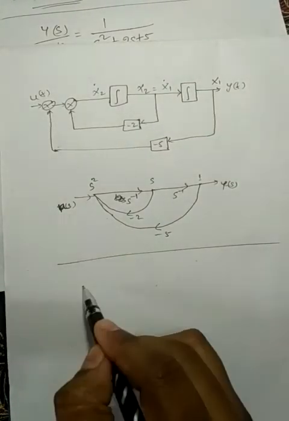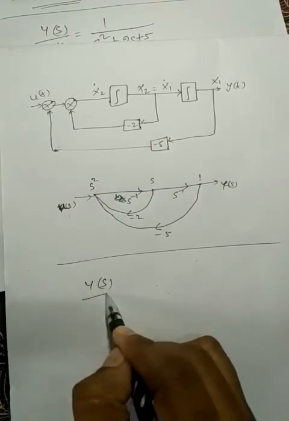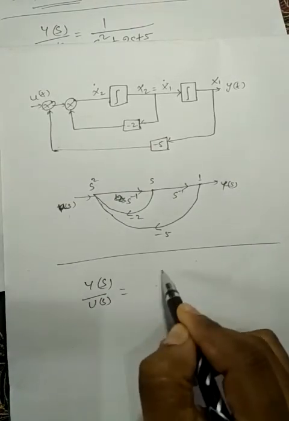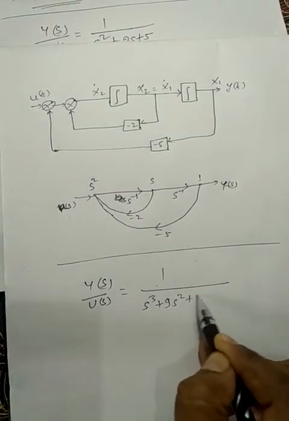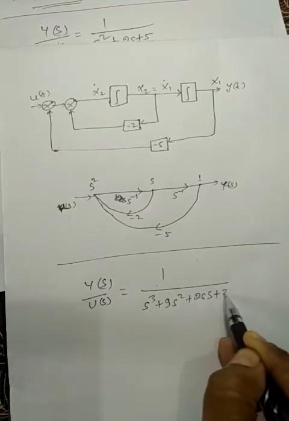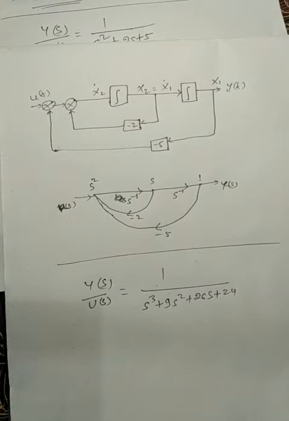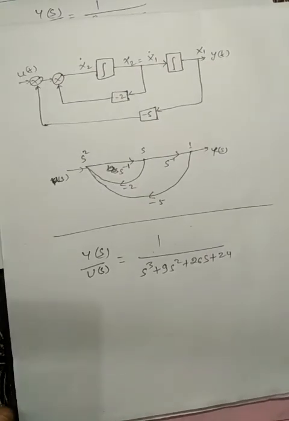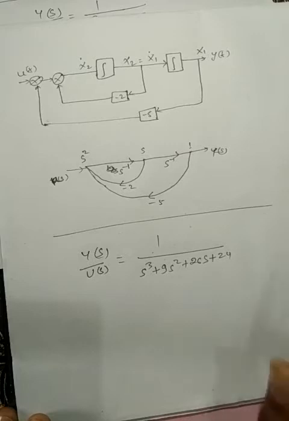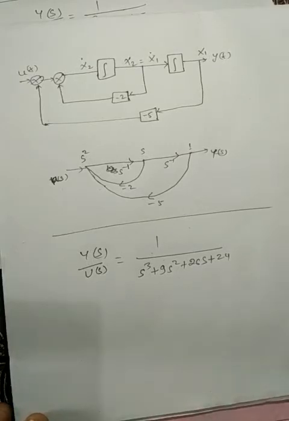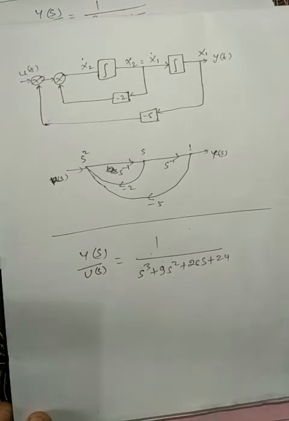we have, let Y(s)/U(s) be equal to 1 over s cubed plus 9s squared plus 26s plus 24. Okay. And we'll do it like previous questions, and we'll find our state equation. Directly we can find the state equation from here, like